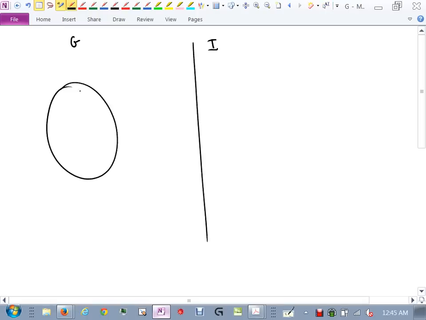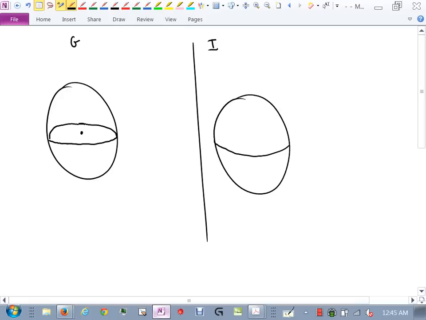Sphere. Sphere's got a radius. Oh, I don't like that picture. There's my sphere. Three-dimensional. There's another one. Okay, so my